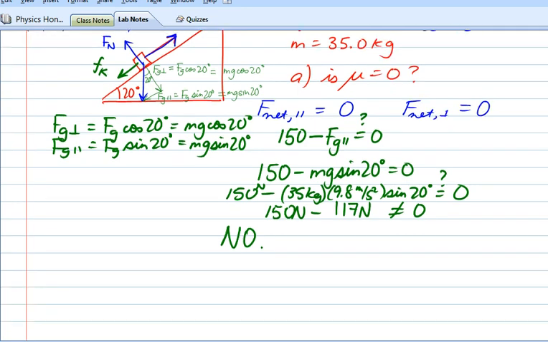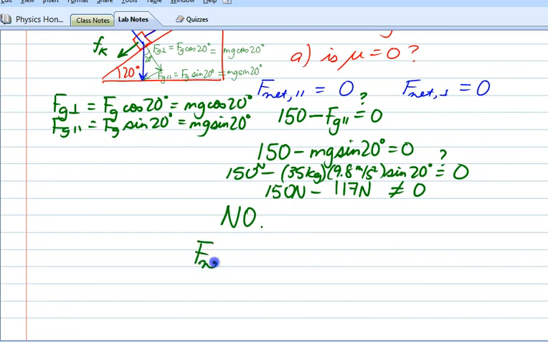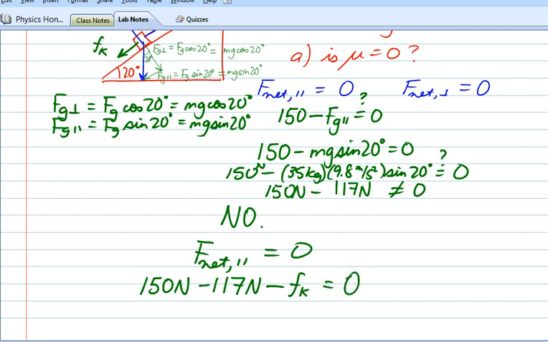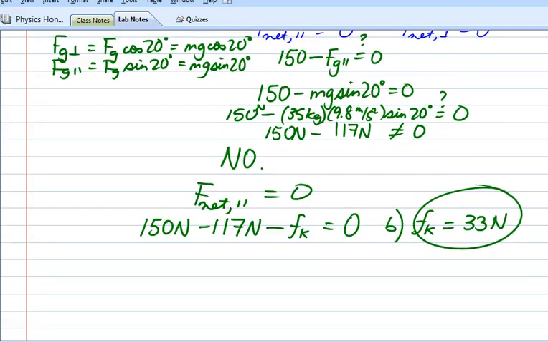And that actually changes our equation. It's still going with a constant speed, so F net is 0. Now we have 150 newtons minus 117 newtons minus F kinetic, and that's still equal to 0. And this tells us that the kinetic force of friction for part B is about 33 newtons. Okay, now we could take this one step further. This isn't in the question, but if we wanted to find the coefficient, we know that the coefficient comes from